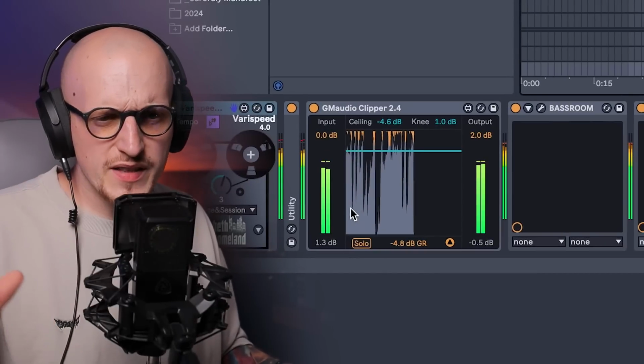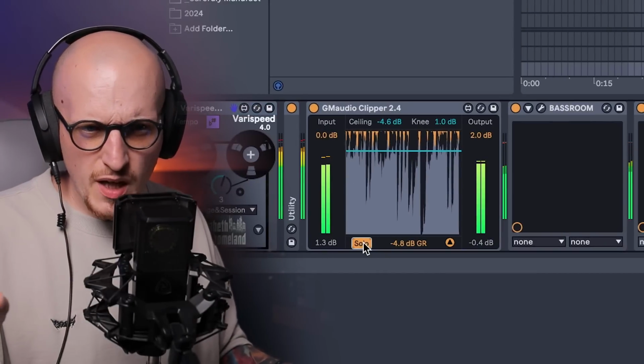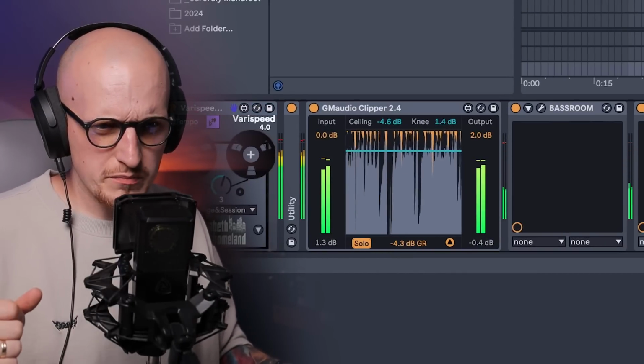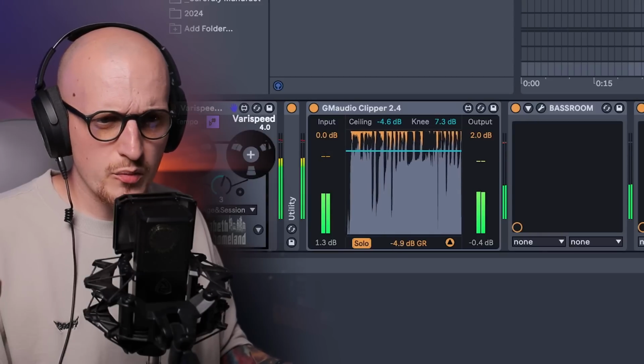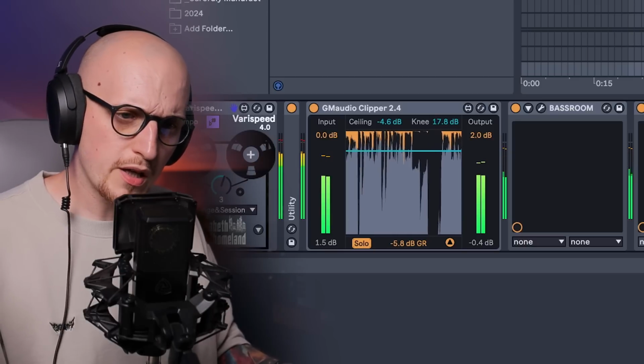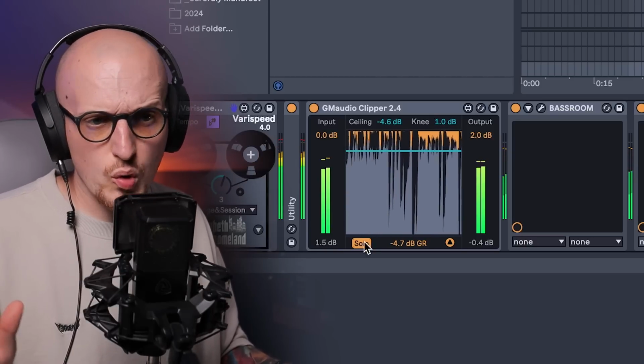So first cool thing is that it has a listen button, so you can quickly check what you're actually clipping. You can change the knee, which basically determines if you're going for hard clipping or soft clipping, and obviously some standard controls for ceiling, input and output. So I got it for a price of lunch money, and honestly I see and hear no difference compared to,